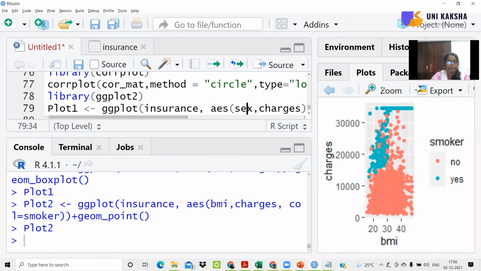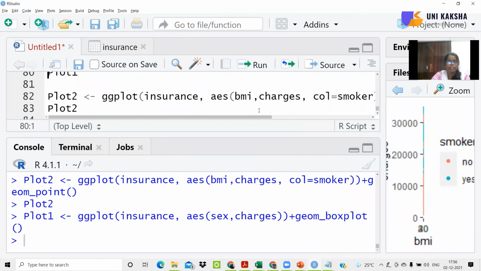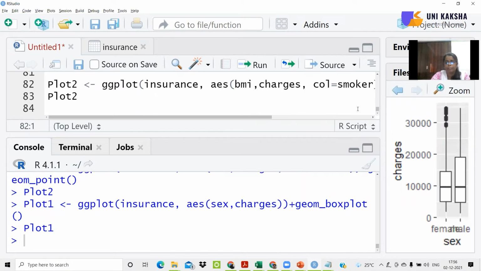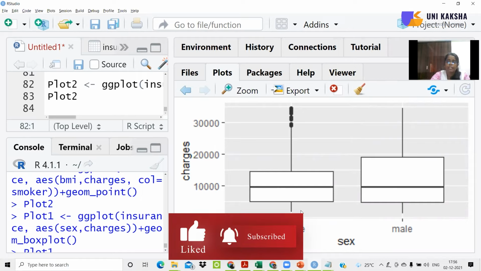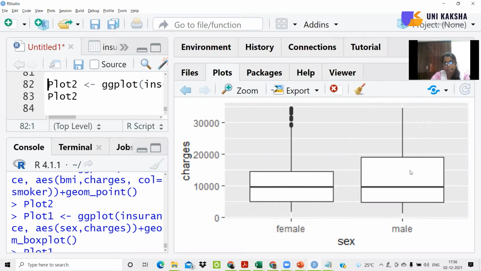Let's check a few more plots for this data. That's a box plot itself, but in this case we are taking the gender variable. We are splitting our box plot of charges with respect to gender. So you can find out that the females are slightly having the lesser width as compared to that of the males, which indicates that the span of the female charges, I mean the female insurance holders' charges, is smaller on an average with respect to that of the male ones.